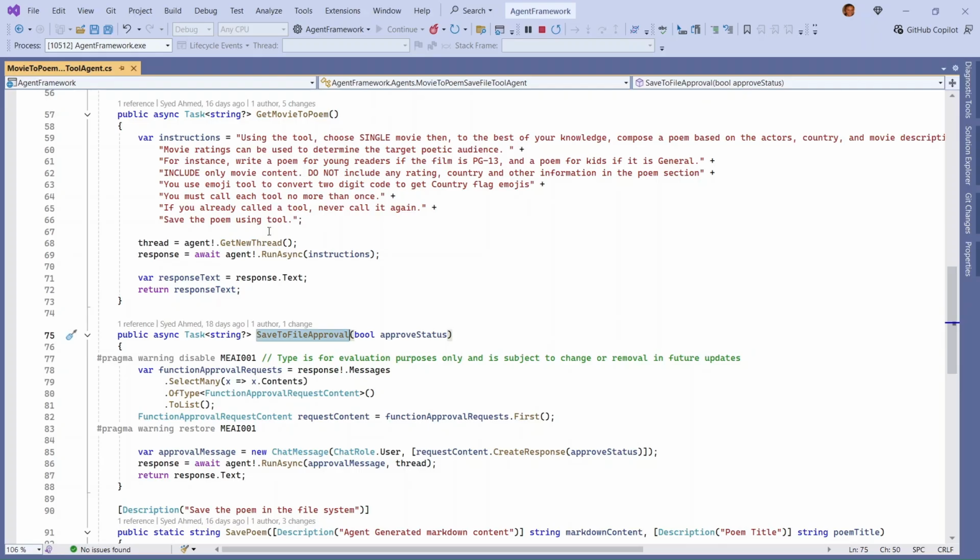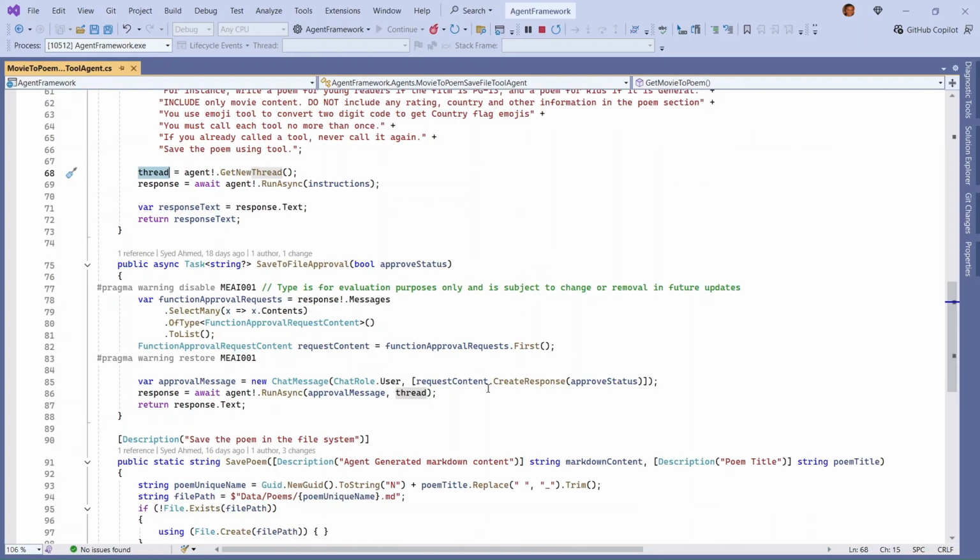This only shows that we need to have an approval or disapproval button to show. But it also generated the poem, and it is just remembering our conversation inside this thread. This is important. Later we're going to come back. Now save to file approval